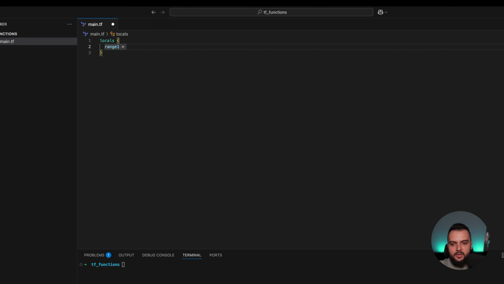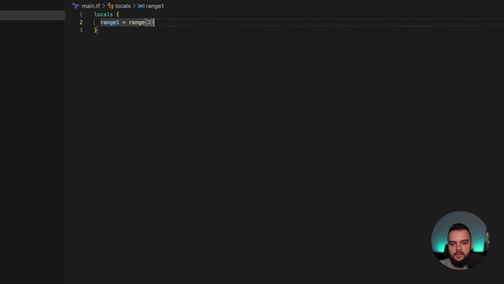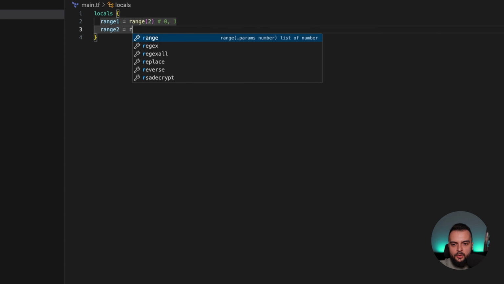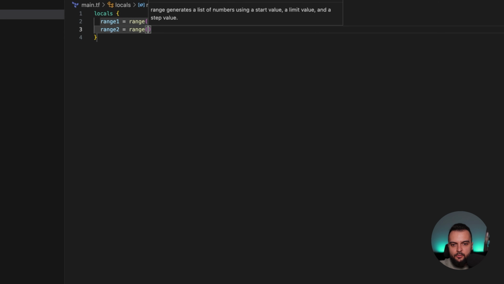It can be used with a single argument. So if I do it like this, let's do it with a 2. This will be the limit. So this will create a list with 2 elements. It will have 0 and 1. We can use it with 2 arguments, and if you use it with 2 arguments, it will have an initial